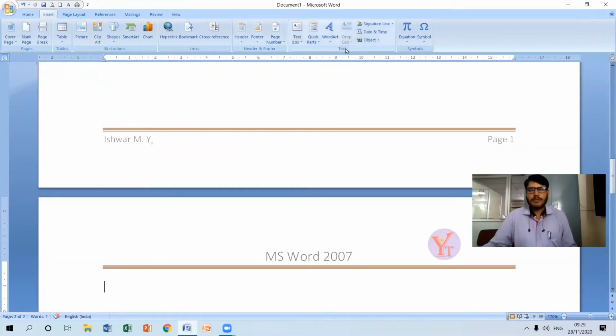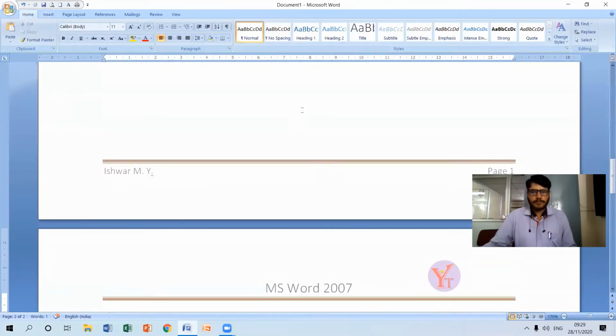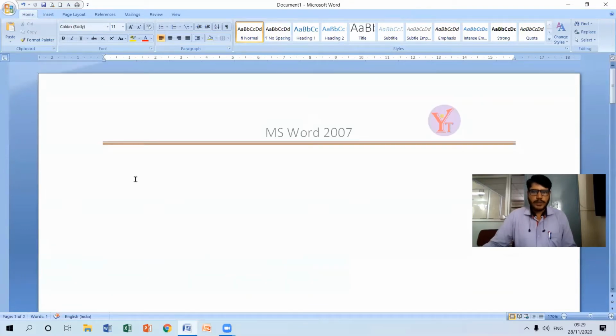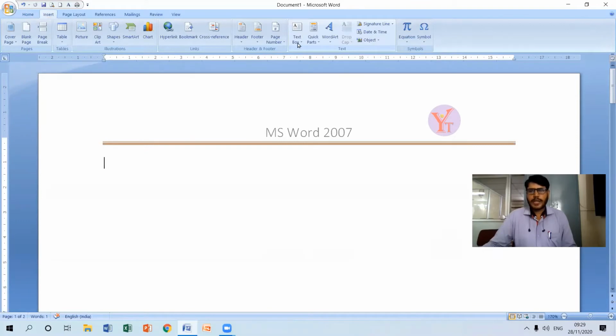So now let me explain the different options which are available in a text group. Assume that I want to include a text here, text in this particular position. So first I need to click here and go to insert, and in a text group we are having a text box here, so that we can insert pre-formatted text boxes here.